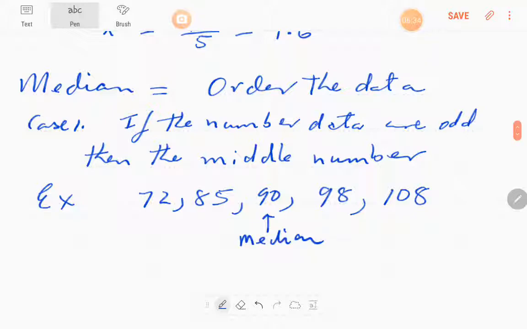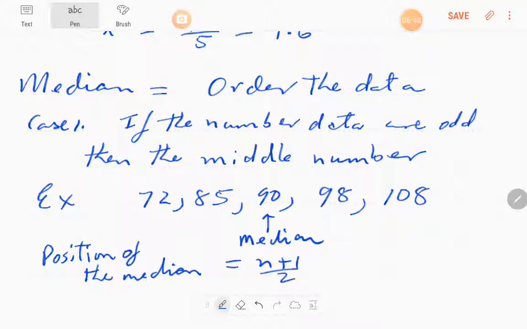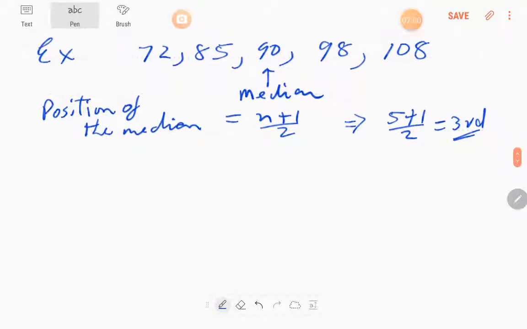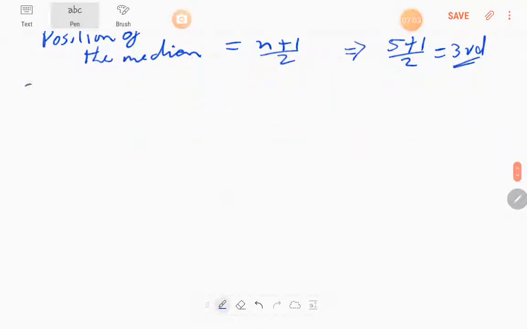Okay, so the position of the median is equal to n plus 1 divided by 2. So in this case, we had 5 plus 1 divided by 2, so we saw it was the third position. Okay, the next case in terms of median is if the number of entries is even,